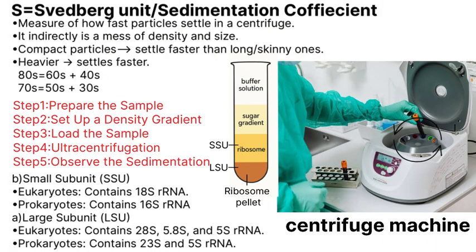For that, first you need to take the ribosome samples isolated from the cell, then load your sample into the centrifuge tube suspended in a buffer solution. Why are we using this buffer solution? The word buffer means to balance. This is a liquid that keeps the pH stable and balanced. It doesn't react with any other cell organelles or interact with any of their bonds, and it keeps the solutions separated within the tube.